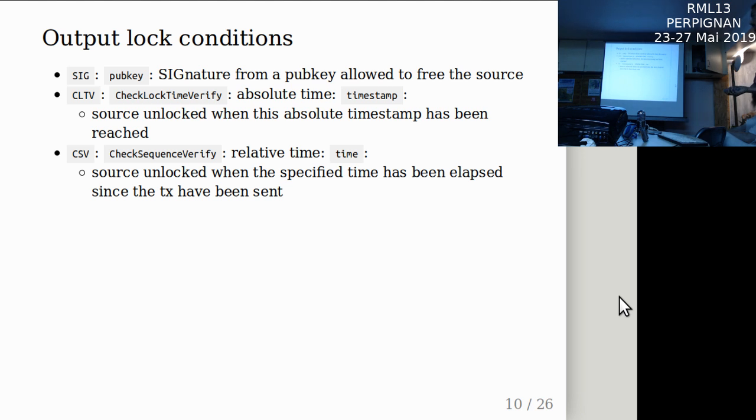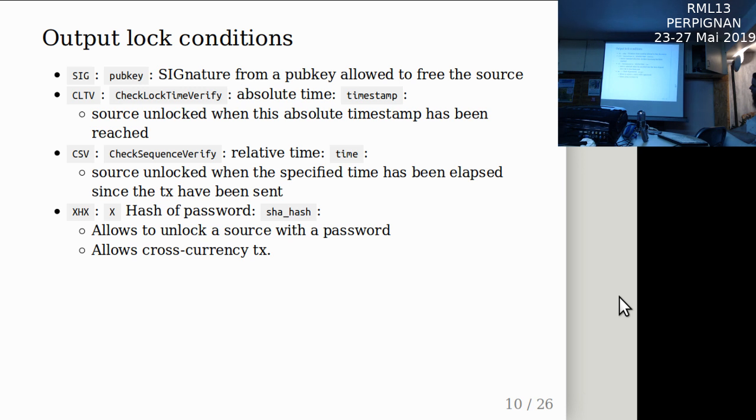And the last one, which is a bit more complex, XHX, what I found stands for hash of password, something like this. When you lock a source into the output, you will put a hash into it.